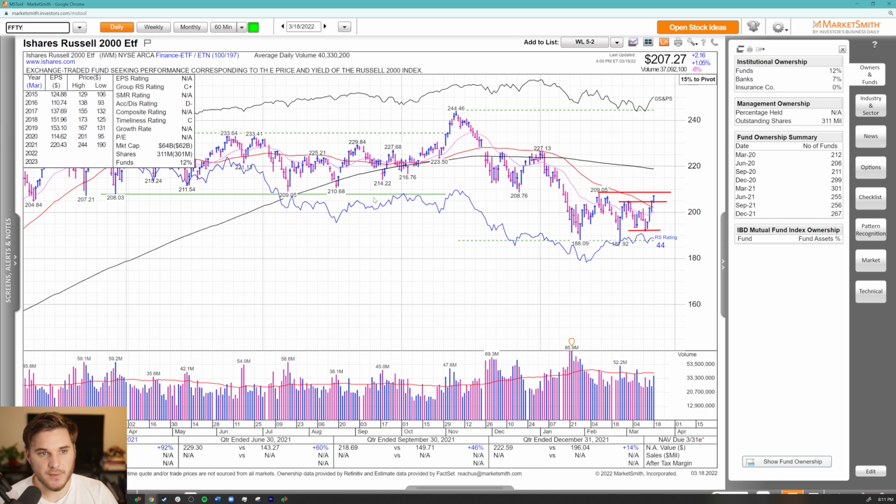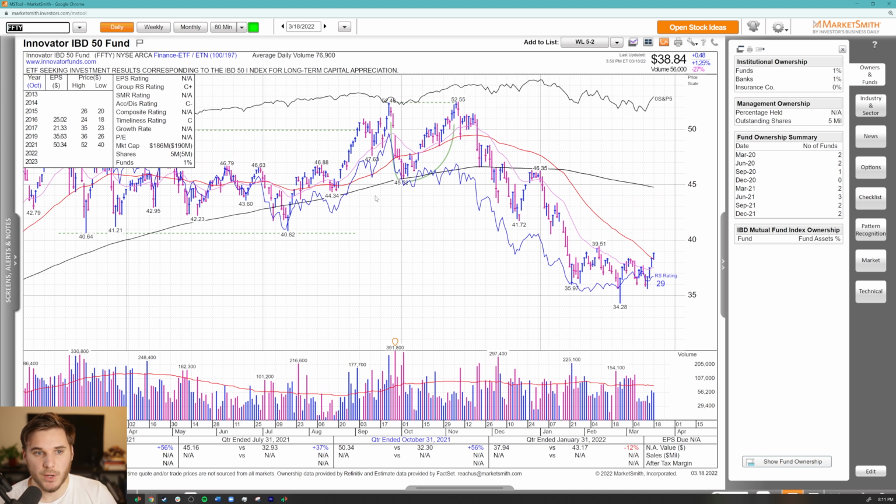Bringing up also the FFTY, this is always good to look at as well, the Innovator IBD 50 ETF. A nice push, looks very similar to the IWO. We're against that 39.51 pivot, but we're back above the 50 SMA, which is in a downtrend, and we are back above the 21 EMA, which is starting to push up and move up under price, which is constructive. But I would like to see this 50 SMA flatline here and start to curl up under price. I think that would be very constructive, and that is going to take a little bit of time given